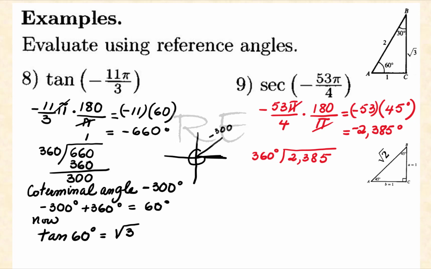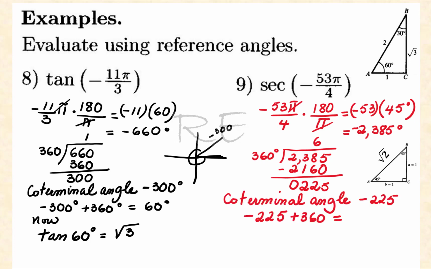The answer is negative 2,385. And when we divide by 360, we get negative 225 as the coterminal angle, which is counterclockwise